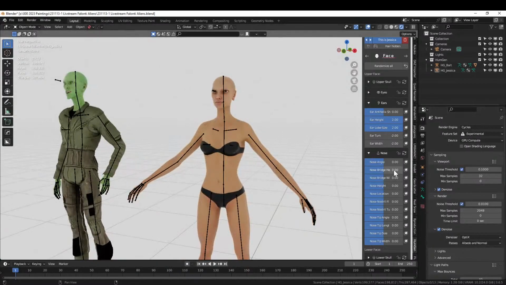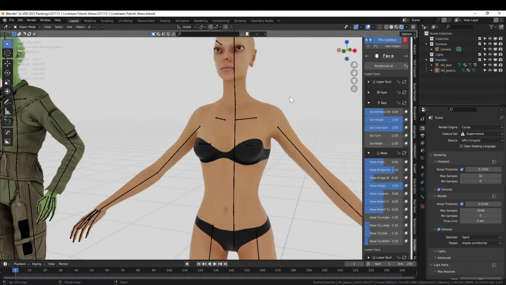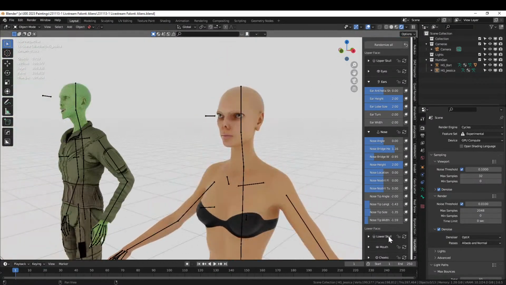Nose. The angle's fine. Bridge height 1.16. Nose bridge -0.95. Height 2. Nothing to nose tip angle -2. Minus 1.43, minus 1.35, minus 1.59. There's her nose. Cool. Coming along. And then lower skull,